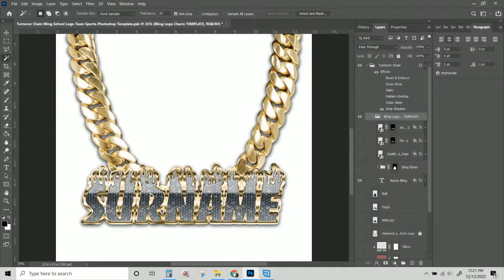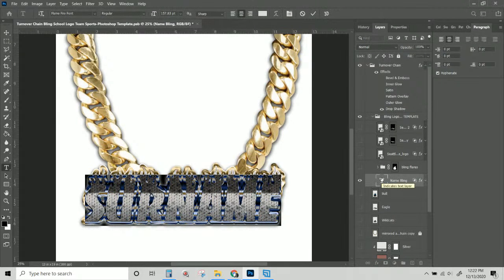All right, and with this download, you'll also get the flame font. So if you don't have the flame font from innatelab.com, you're going to get that font for free with this class, just so we can go ahead and play with it. This is a very popular font, very trendy font. Okay, so with this in particular, this is just a text typed here. There's no special smart object or anything to it. As a matter of fact, if I type on it right now